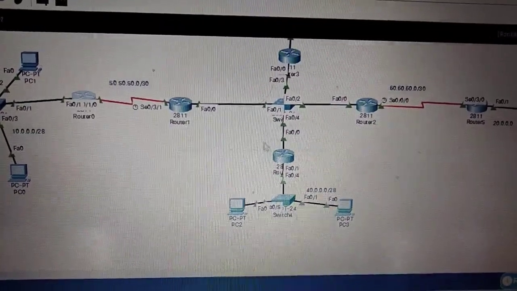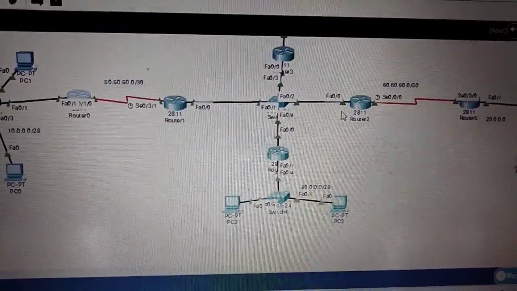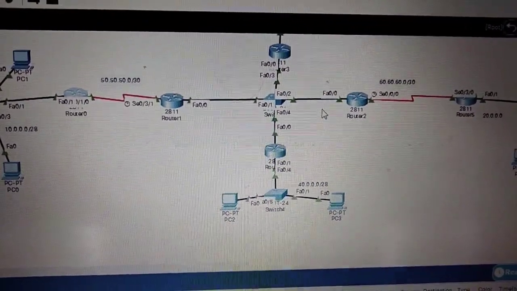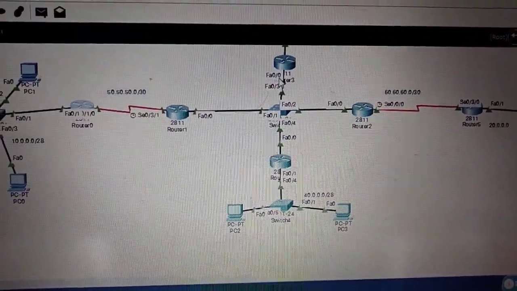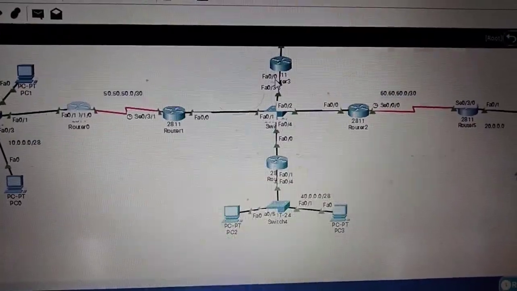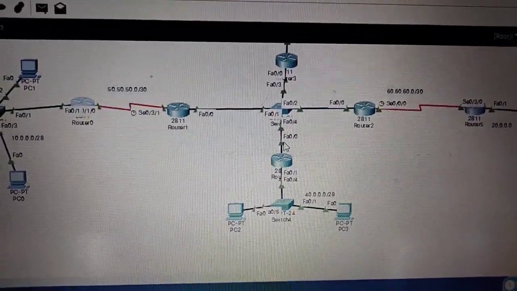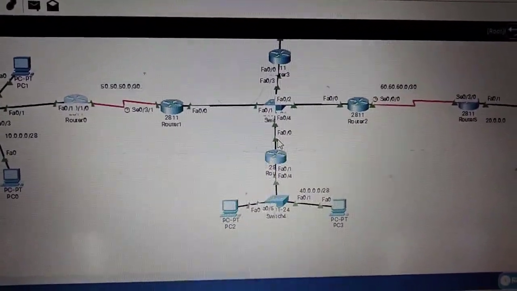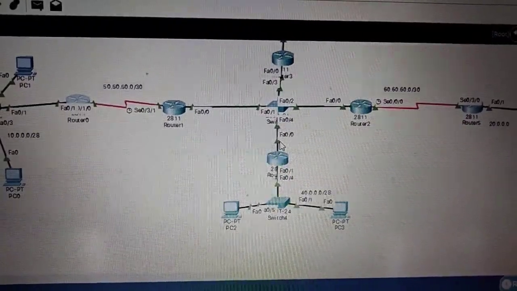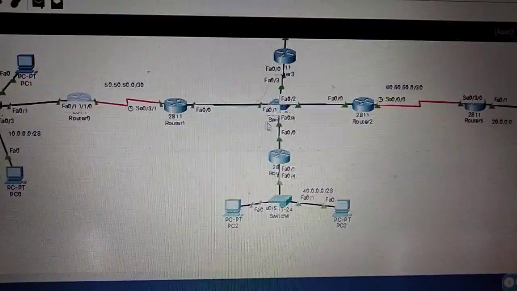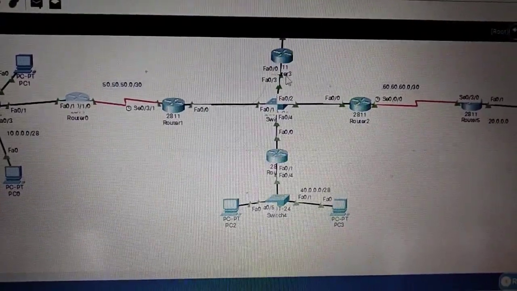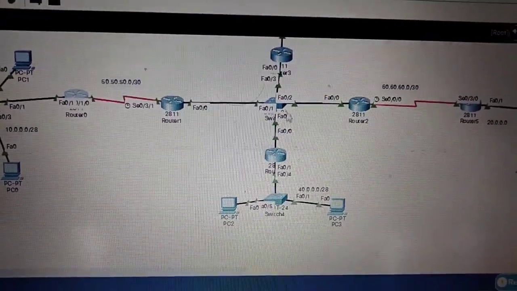192.168.10.1. For this router 2, I have taken 192.168.10.2. For this router 3, I have taken 192.168.10.3. And coming to the fourth router, I have taken 192.168.10.4. For this whole network it should be 192.168.10.0.